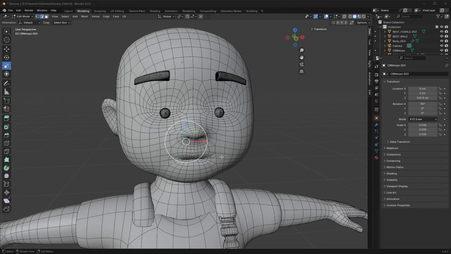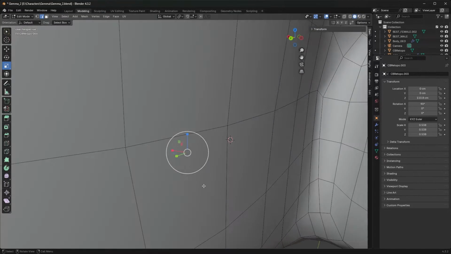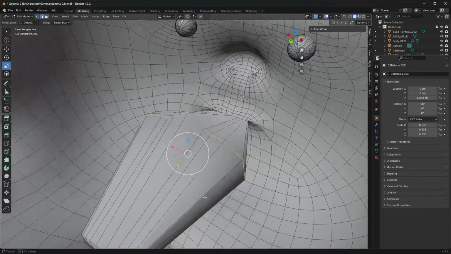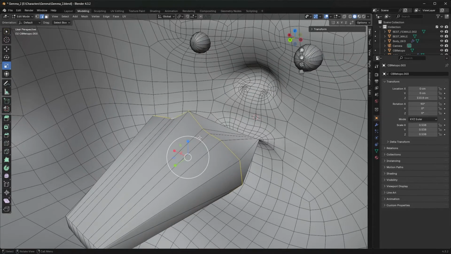So I am putting the finishing touches on my model in Blender, and something that I do at the end of my process is create a mouth bag. And as you can see, I'm inside the head now looking at that mouth bag. And I do this by just extruding out the edge loops of the mouth inward and then capping them off